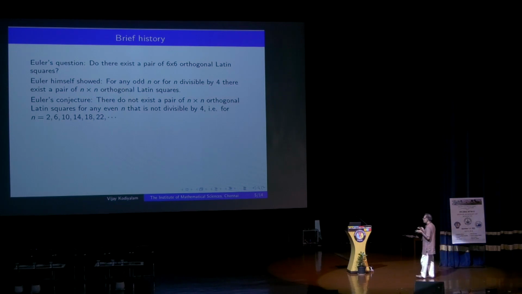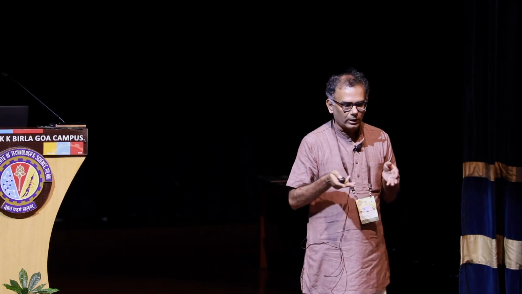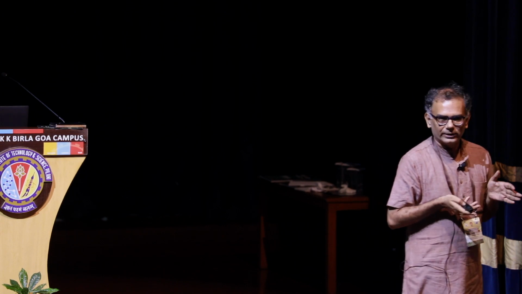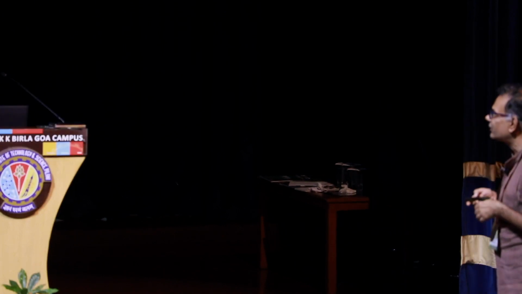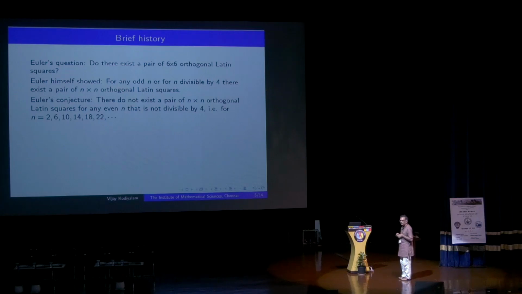So that leaves out all the others which are even and not divisible by 4. That's the sequence 2, 6, 10, 14, 18, 22. For all of these, we don't know the answer. At least he didn't know the answer, and he conjectured that there do not exist any such pair of orthogonal Latin squares for these numbers, for n a multiple of 2 but not a multiple of 4. And it's very easy to see that when n is 2, you cannot find a pair of orthogonal Latin squares. You just scribble on a piece of paper and you'll see very easily that you can't find orthogonal Latin squares